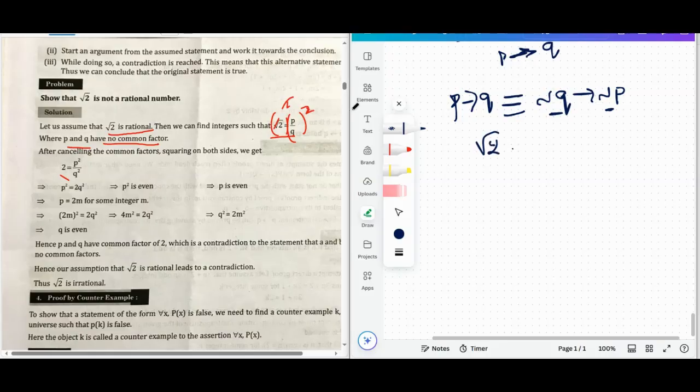We'll take root 2 as p by q. Squaring both the sides, we get